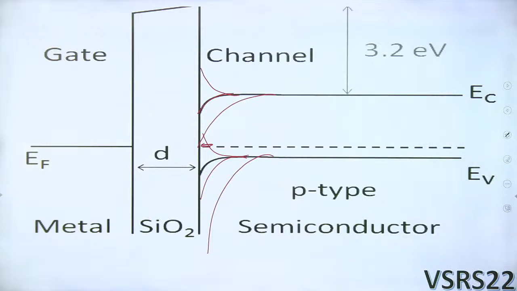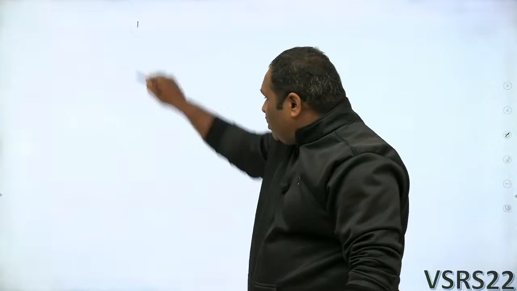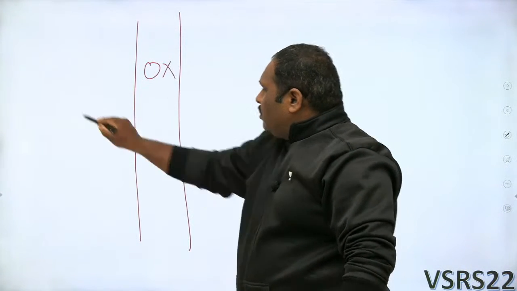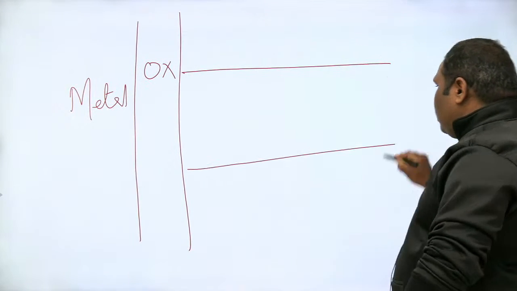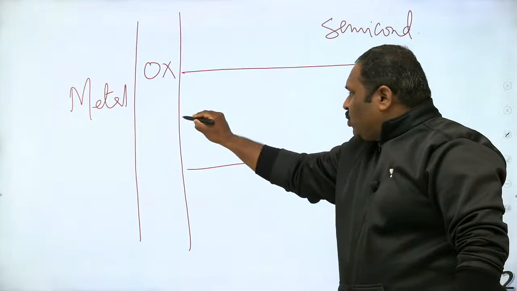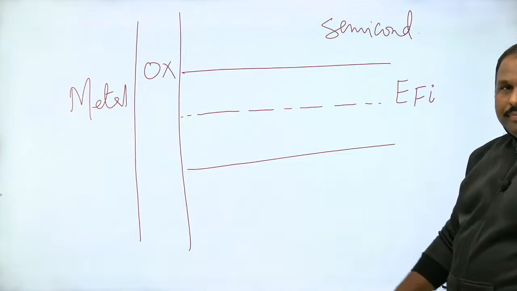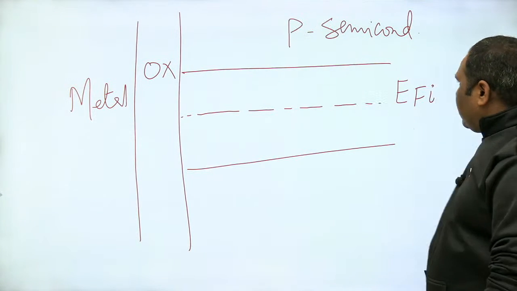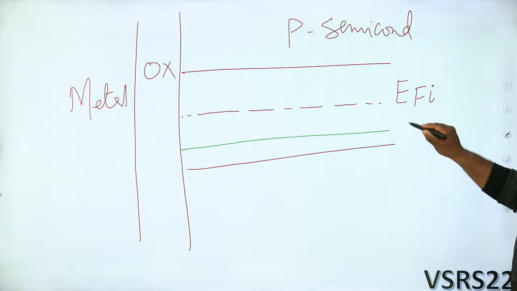This is a very crucial point, students. This is very critical for you to understand. So next time, whenever you look at this scenario, keep this in mind. Keep this point always in mind. With the oxide layer, the metal, and the semiconductor, if this is where the center is for the Fermi level, had it been intrinsic, if it is a P semiconductor, the Fermi level will be somewhere here.